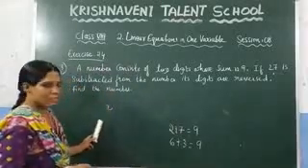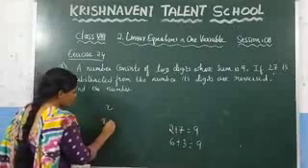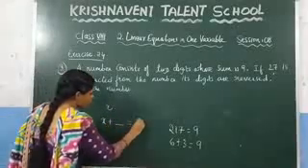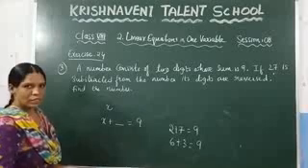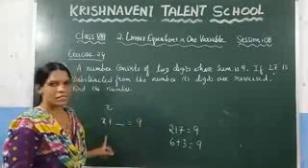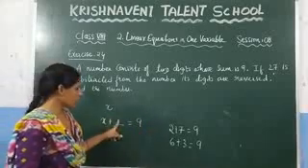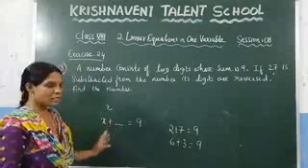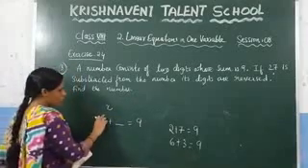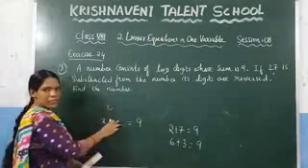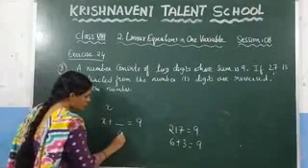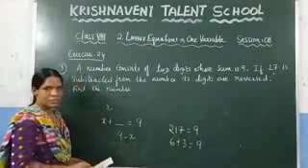If one digit is x, and they have given that adding the 2 digits gives the result as 9. Let us suppose this 2 is the one digit and you need to find the next digit. What is the next digit? If you take x to this side, you will get this value. So the next digit is nothing but 9 minus x.